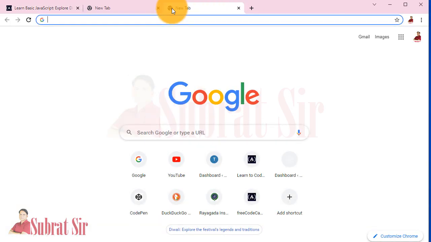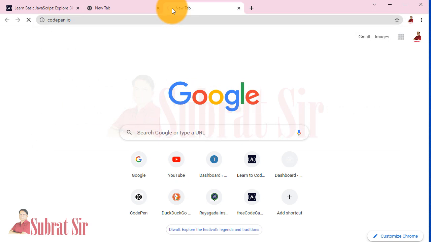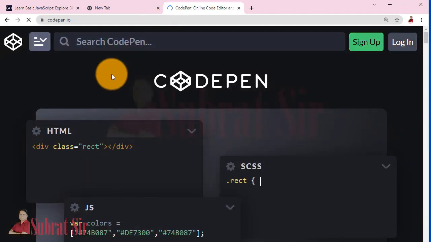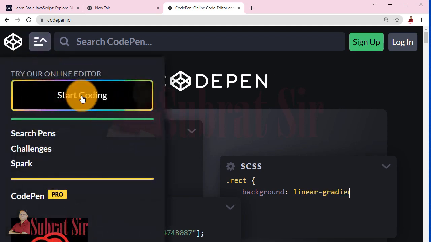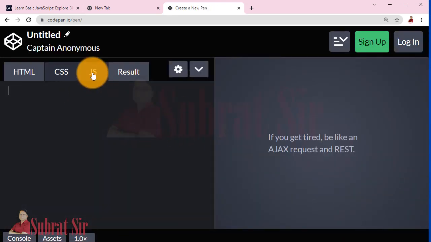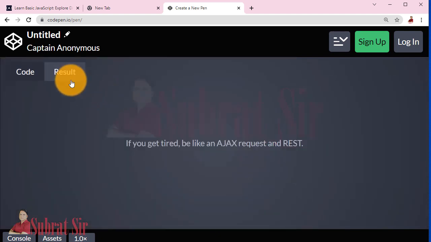You can also practice it in codepen.io. Click Start Coding. We need only JavaScript. So we will click on JavaScript.